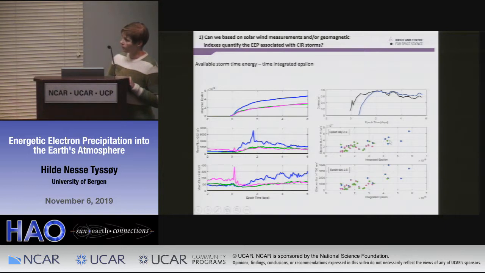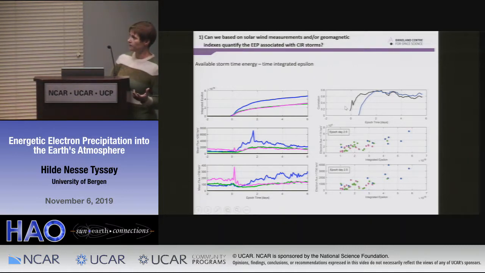For both larger than 300 and larger than 750 kV, it's a bit more scattered here, but there's a clear tendency with a good correlation. And one important thing is that even though we sorted them into different storm groups, they don't behave as fundamentally different. They have the same